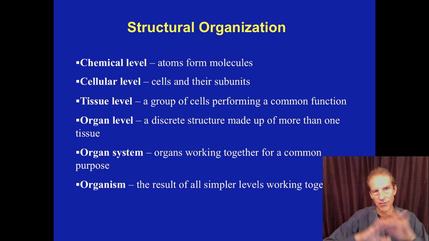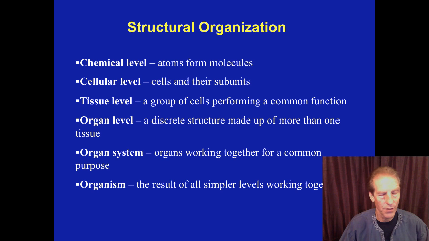And then all of these systems come together to form the organism, whether it be a human body or an orangutan or a snail. It's all made up from the chemical level all the way up to the level of the functioning organism. And the functioning organism has everything that it needs to survive. It has the ability to process nutrients, to process and absorb oxygen, get rid of CO2, to eliminate waste, and receive stimulation from the outer environment.